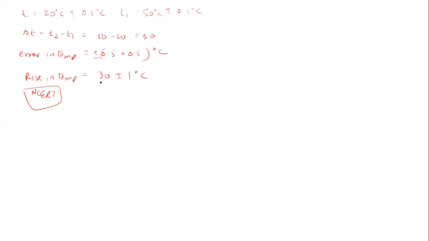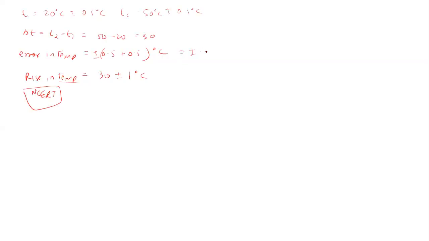Yes, the error, that is the rise in temperature. The error will be 0.1 here. The temperature difference will be what? 30, 30 plus minus 1 degree Celsius. That is the error, meaning the temperature difference, and the error will be 0.1 degree Celsius. Plus minus 1 degree Celsius. Okay, fine.